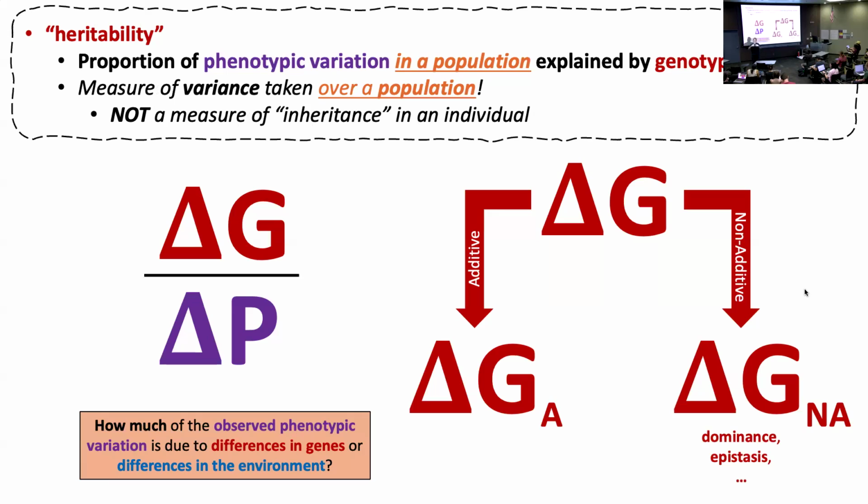So it makes it a little hard to define what I mean by genetic variation now that I'm going to have these two types, which I'm going to talk about here in a second, but it makes it easier to talk about heritability later. So the two types of genetic variation we have are so-called additive variation,